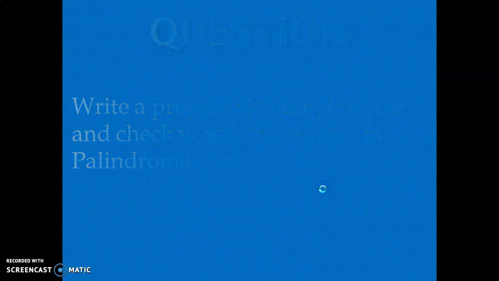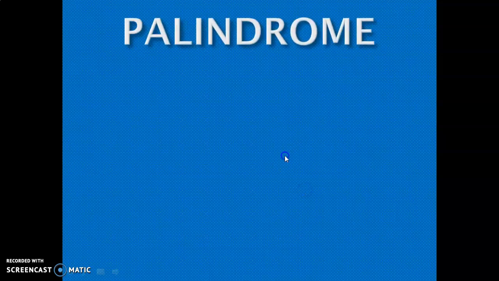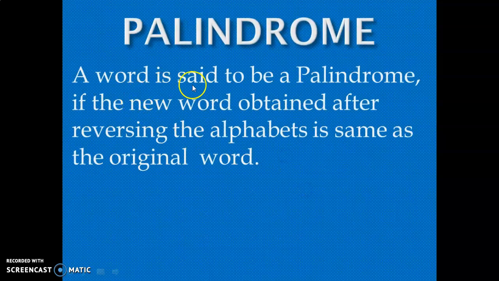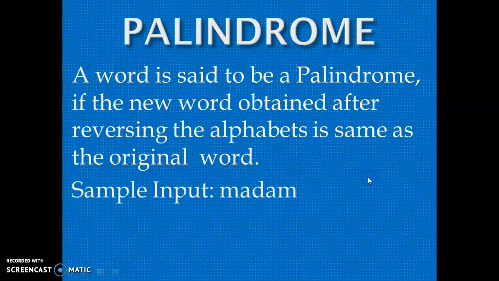So let's see. Palindrome means if you reverse all the alphabets of a word, and it is the same as the original word, then this type of word is called palindrome word. Suppose, take one example.